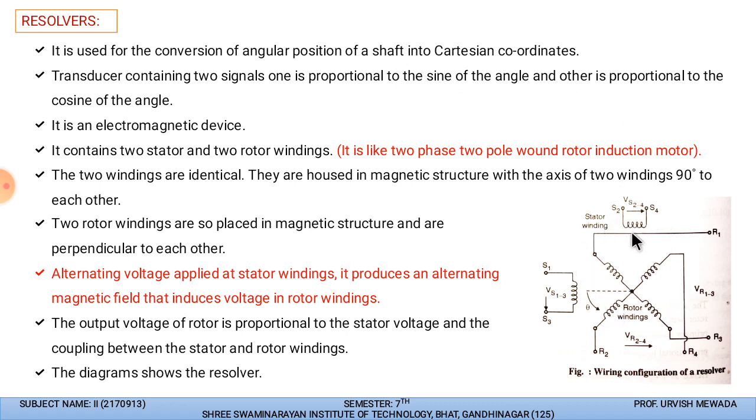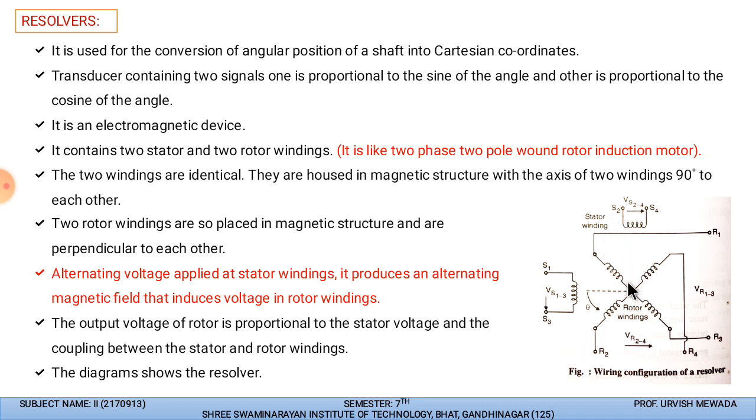Generally it works on the principle of electromagnetic induction, that's why it is an electromagnetic device. And it contains two stator windings, as you can see here. It is like a two phase, two pole wound rotor induction motor, because the rotor, as you can see, is having a winding, it is wound. Here you can see that 1 and 2 are the two poles,